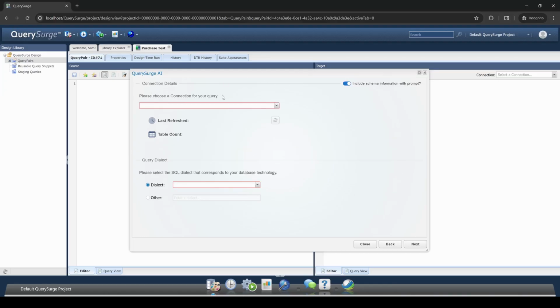query. QuerySurge will use your connection information to pull metadata information as well as to determine the dialect of the SQL statement to generate. For my example here, I'm going to select zcity source, and you'll see that QuerySurge automatically identified that this is a MySQL connection, and all of the SQL that's going to be generated is going to